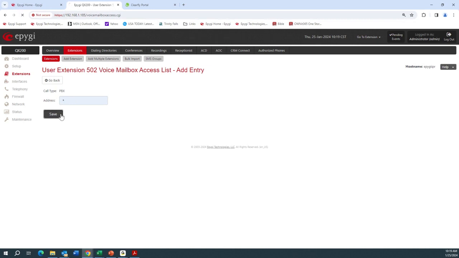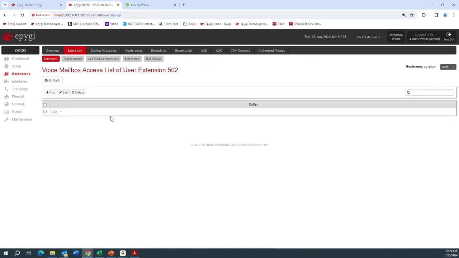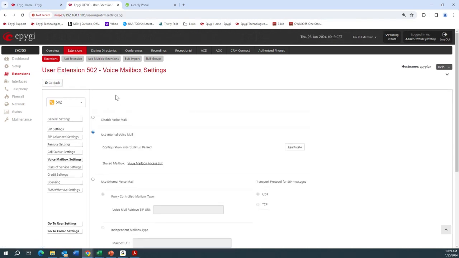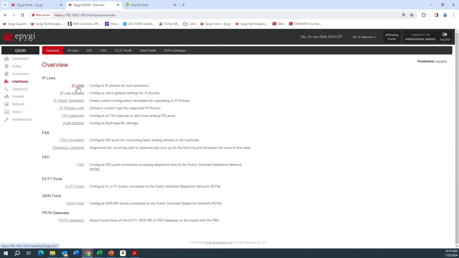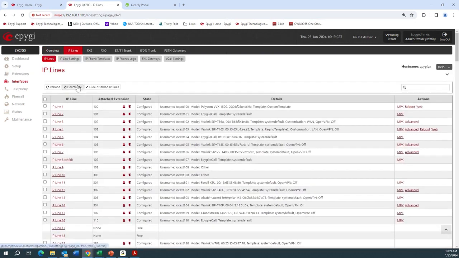So we go to interfaces, that's where we configure our phones. The IP line. In this case, it's going to be IP line 4, which is this extension 103. And on the far right side, if I click on MPK, the programmable key, we'll use key 4. And on key 4,